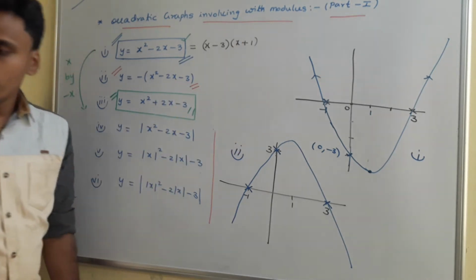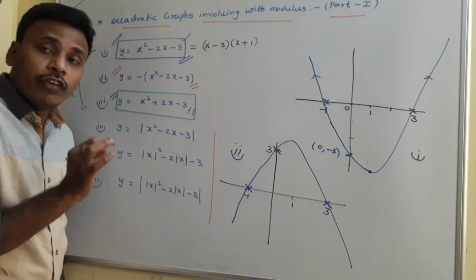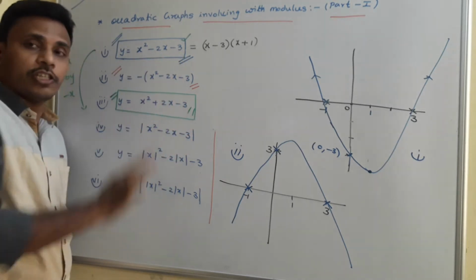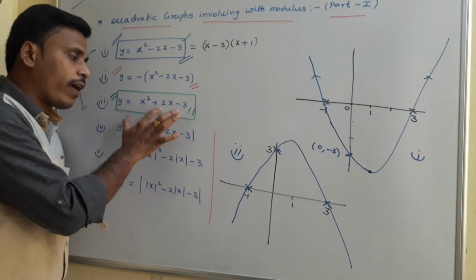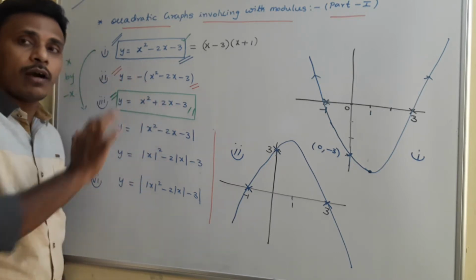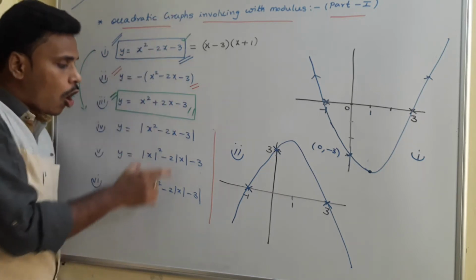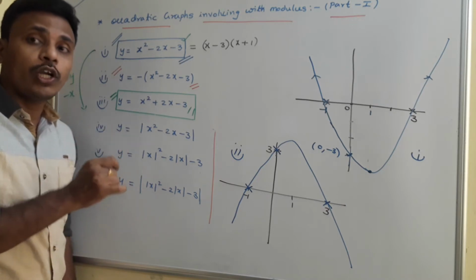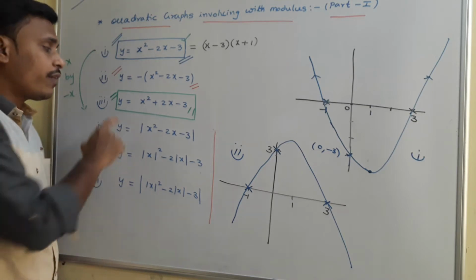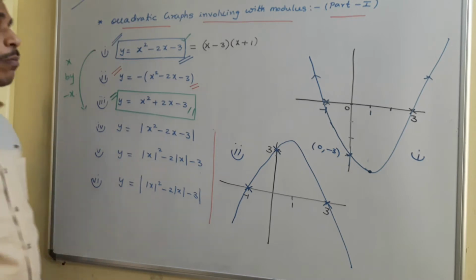The third one is a simple quadratic actually. Without taking the reference of the first one also we have a chance to sketch it. Directly we will find roots, directly we will decide it as upward, directly we will identify the minimum or maximum point and we will sketch it, no problem. But since we are discussing all together, I am going to give you the explanation with reference to the first one. And this third one is simply arrived just by replacing x with minus x.